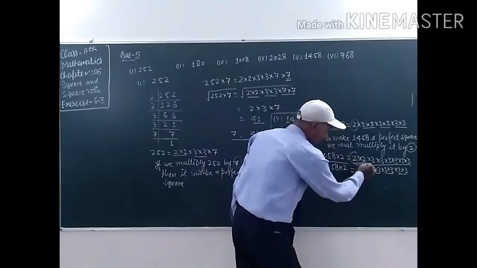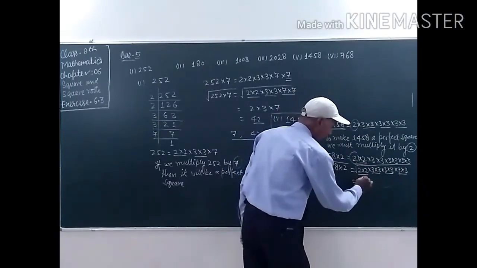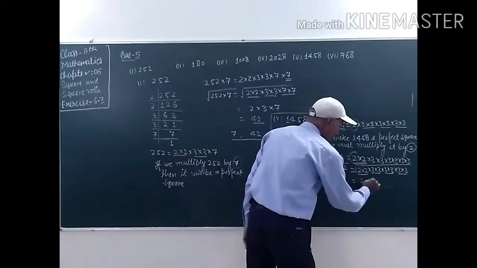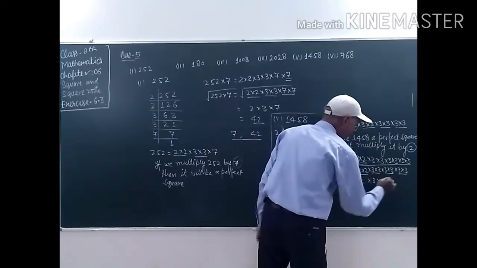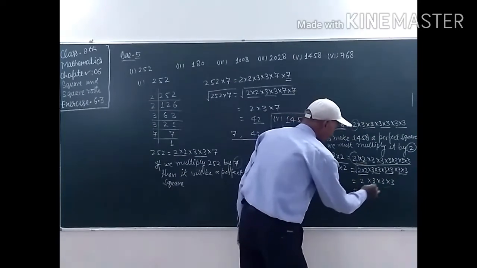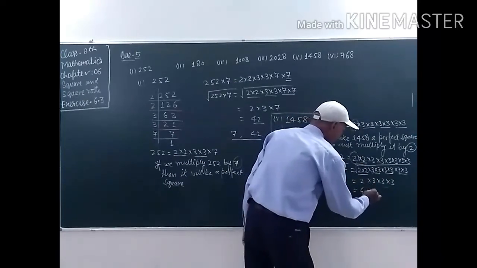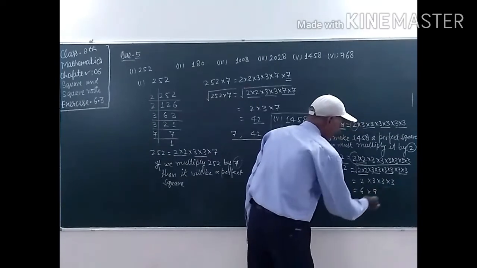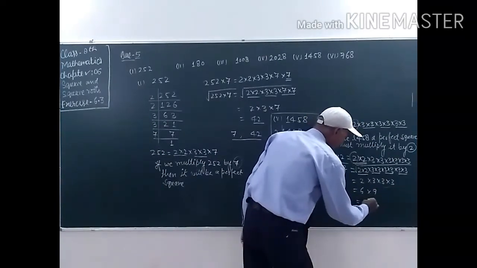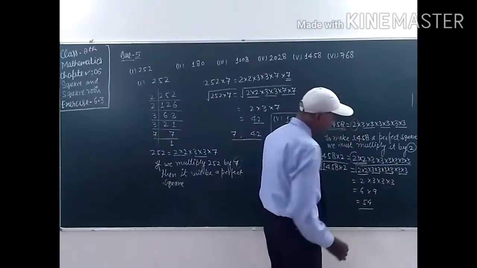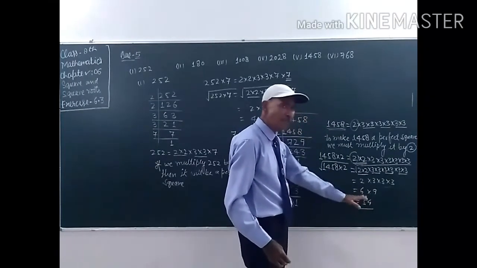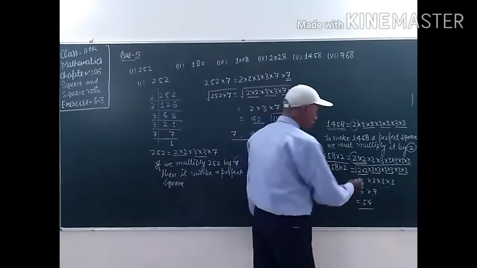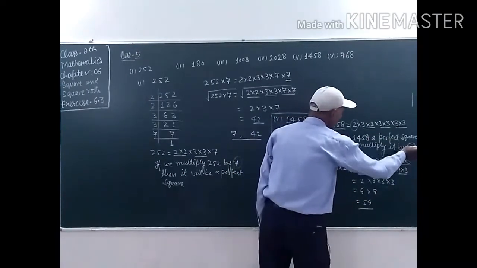So out of each pair we have to choose one number, that is 2, 3, again 3 and 3. This one 2 threes are 6 and 3 threes are 9, 6 nines are 54. So the number which we obtain, square root of that number will be 54, student. Clear? So answer is 2 and 54.